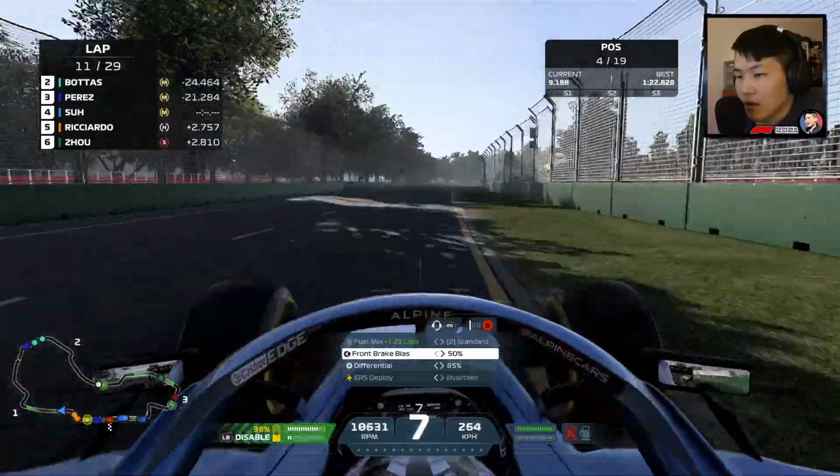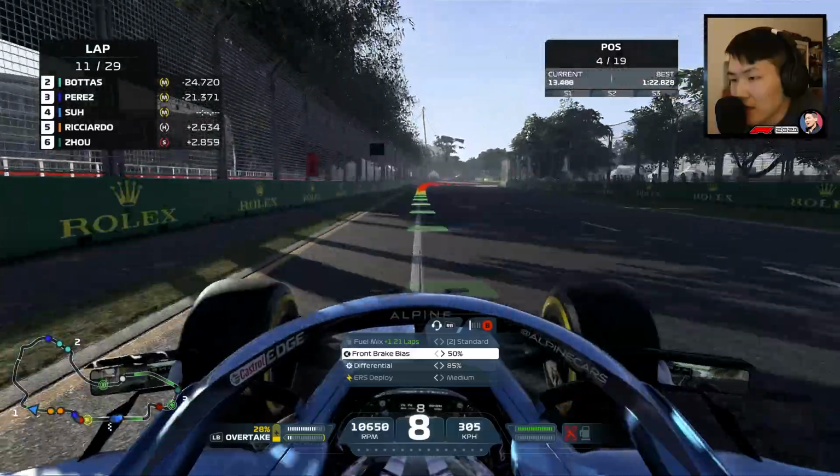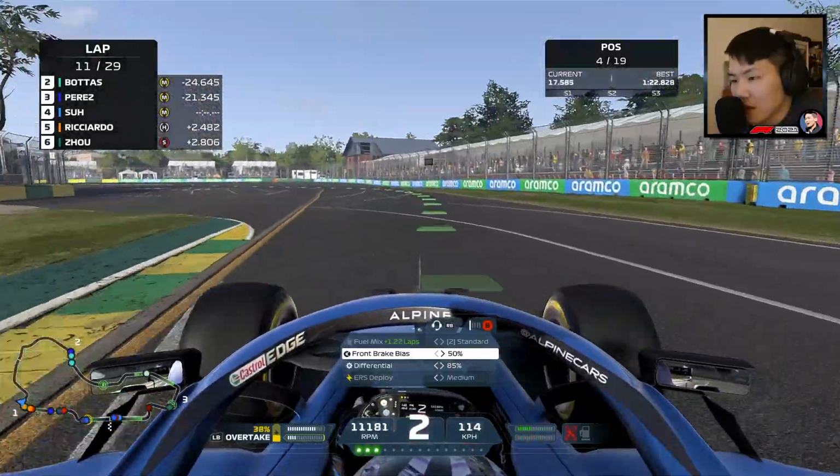Esteban is in the pits. Esteban's in the pits, alright. Perez and Bottas still need to pit, and I think Hamilton's at the front, so they all need to pit still. They're on mediums, so...